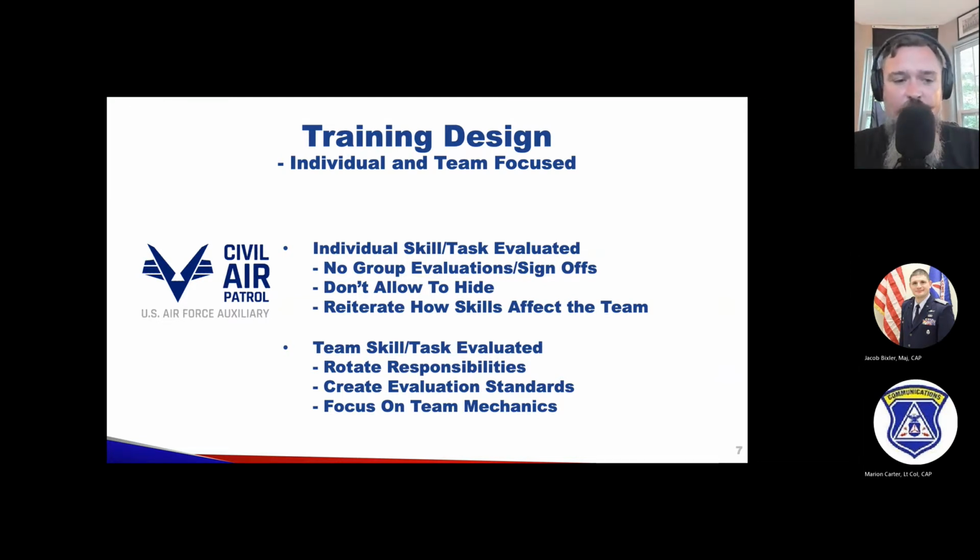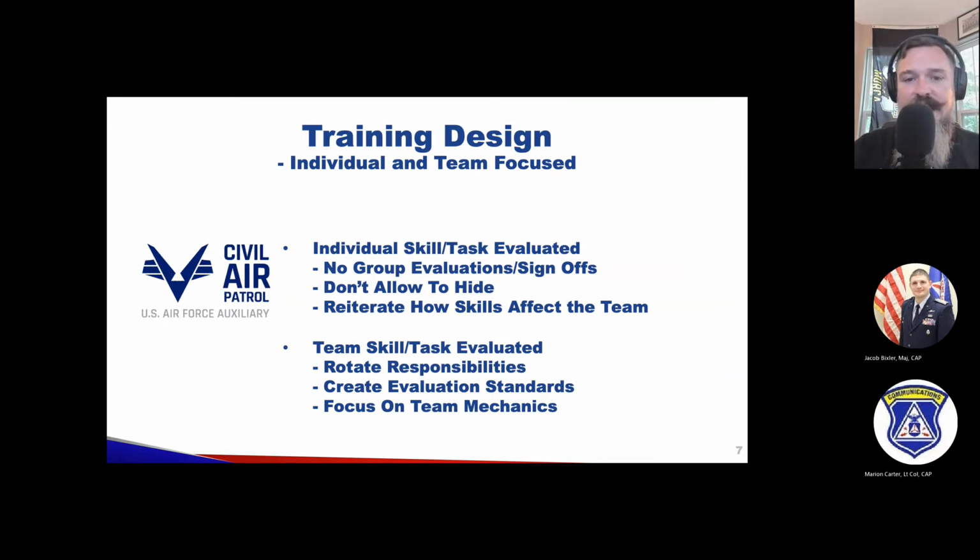But you can't perform that task individually. That's one of those more complex skill sets that is a basic task, but it's a team-based task. Same with communications or mission planning, mission briefing for aircrew. Those are